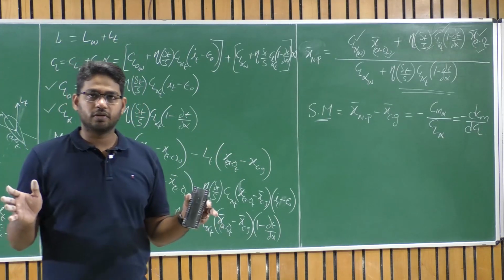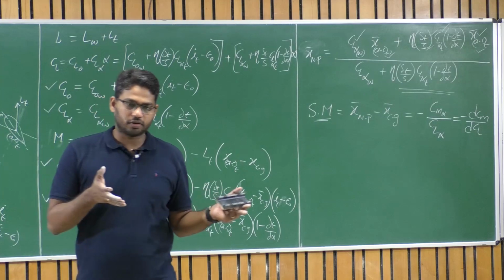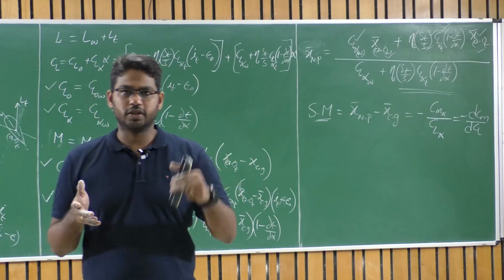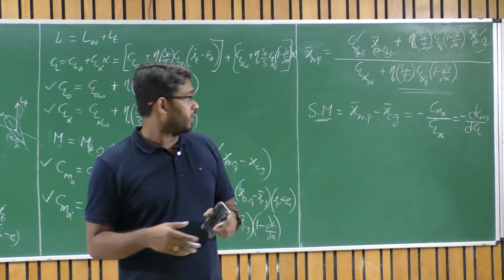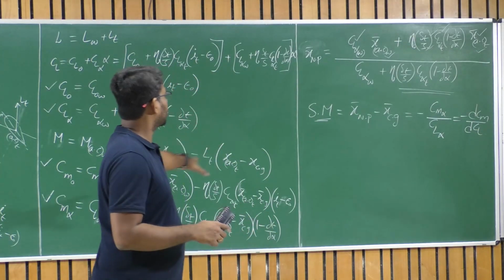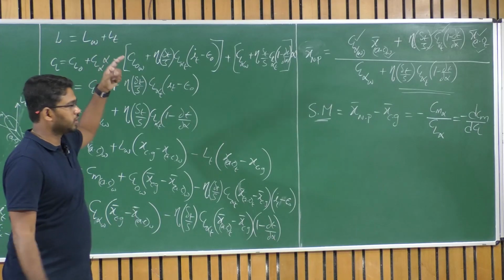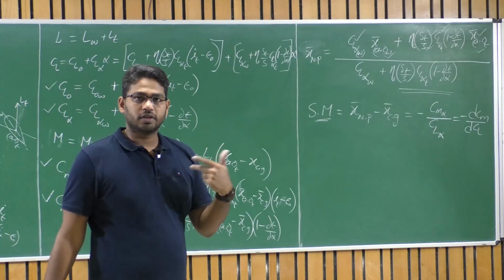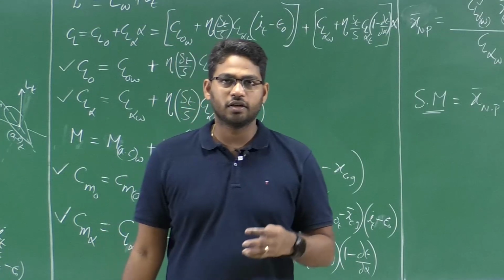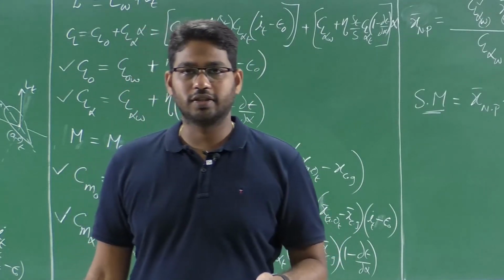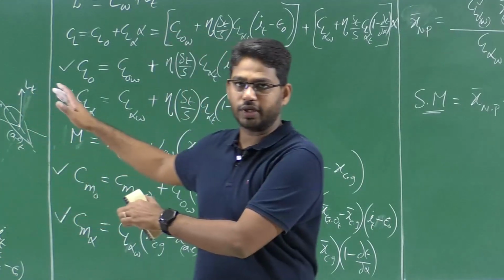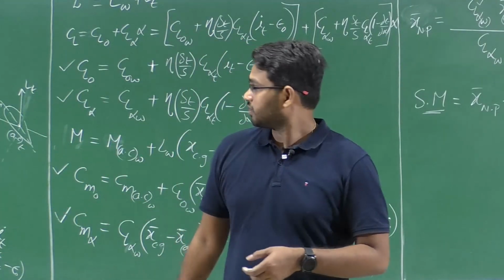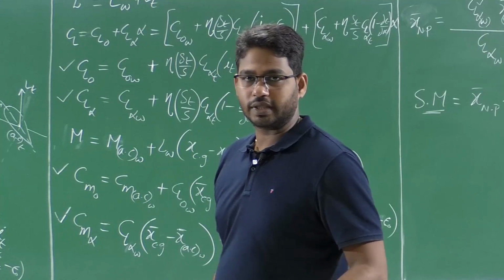Once we get used to it, when we are approaching or solving that iterative method, we will try to approach it in a reverse way, where we will try to have these parameters and try to figure out what should be the wing location, what should be the CL alpha of the wing or CL alpha of the tail airfoil, right? So we will try to get those design parameters, for you to select a particular airfoil in order to build such a wing and tail combination. Okay, so let's proceed to solve a few examples.